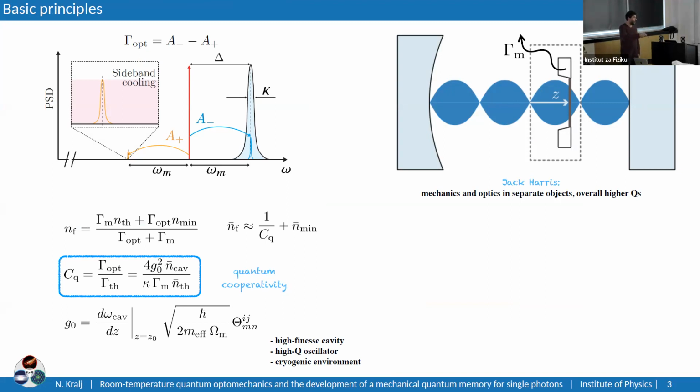It depends on where your membrane is along the cavity axis. So basically you want to be where the derivative is largest between the antinode and the node of the intensity. In principle, you want a small mass and a low frequency. And this theta is basically the overlap integral between the optical node and the mechanical node. One consequence of this is that you don't want to have clipping